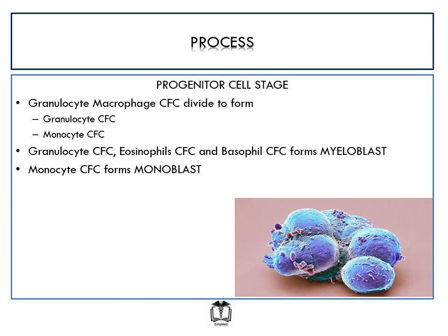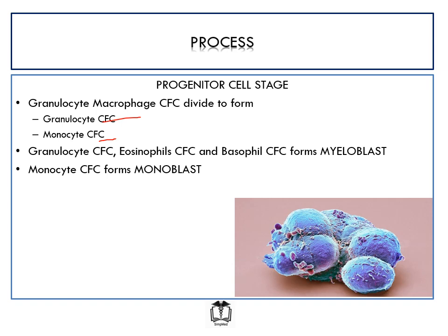Then for these progenitor cells to form precursor cells, they would also need to undergo cell division and differentiation. What we need to know is that, first of all, the granulocyte macrophage colony forming cells first divide into subunits of progenitor cells. They divide into the granulocyte colony forming cells and the monocyte forming cells. And then from there, each of these progenitor cells would eventually give rise to precursor cells that would continue the